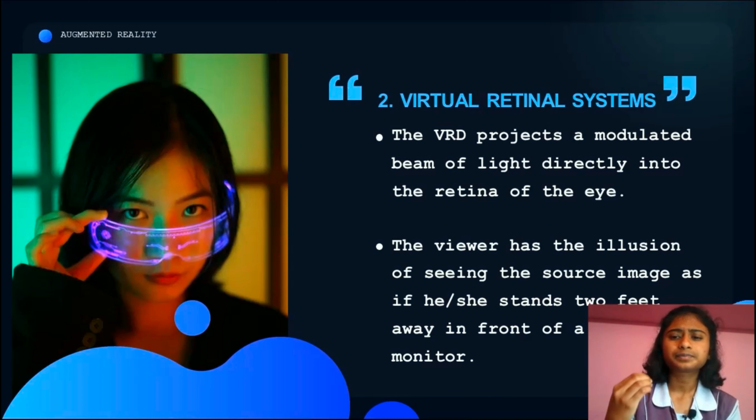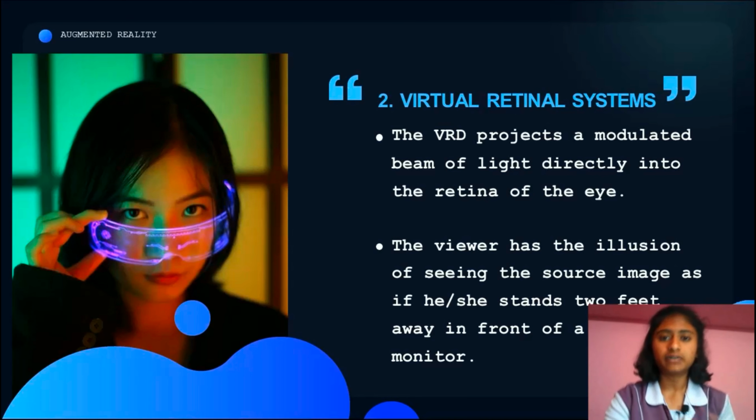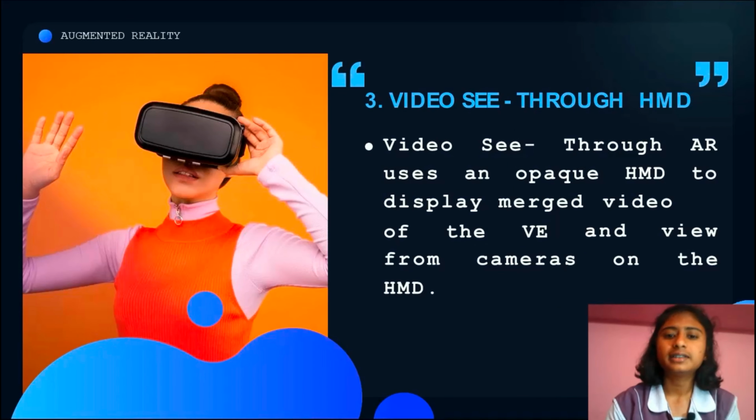But as it lets you interact with both worlds, it will also let the user distinguish which is real and which is virtual. But in the case of virtual reality, it is completely virtual. That is, you have to leave your real world to experience virtual reality.